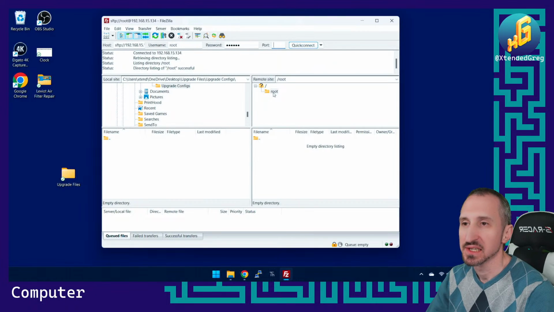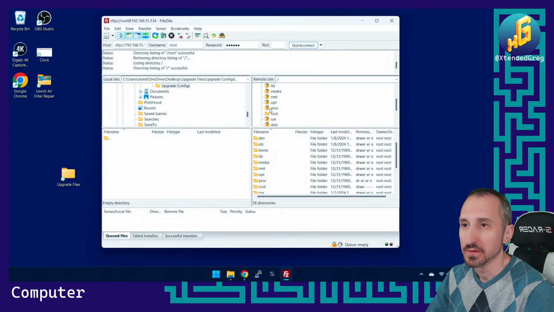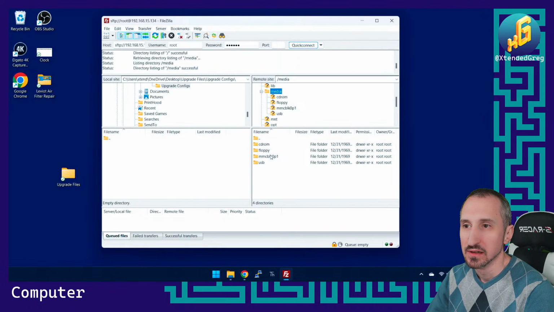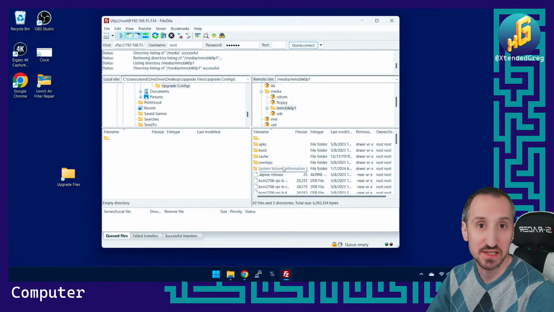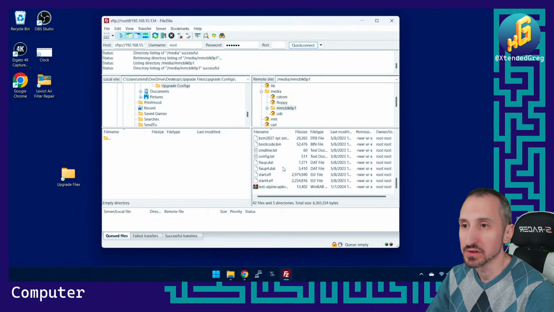When we log in, it takes us to the home directory for whatever user we logged in as. But we want to navigate over to /media/mmcblk0p1, which is, in this case, the boot drive. That's the SD card. We're going to scroll down, and we'll see our APK OVL file. It's going to be named whatever you named your system, so the system hostname .apk OVL,